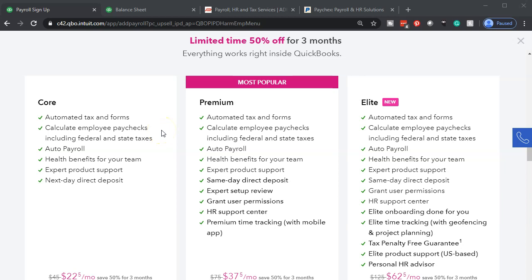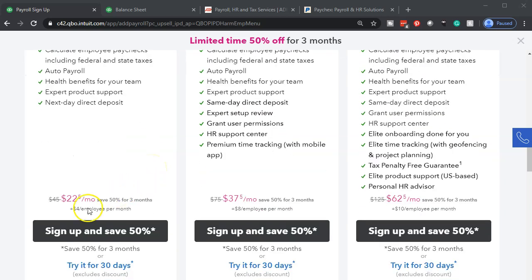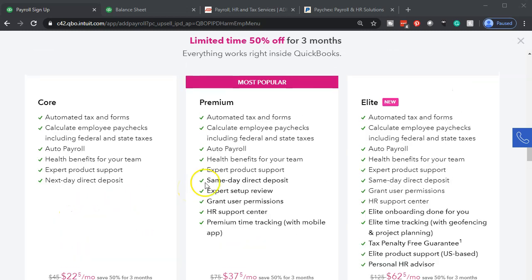Then calculated employee paychecks, including federal and state taxes. So it's going to help you with the data input on the payroll checks. And then we have the auto payroll, and then the health benefits for your team, expert product support, and next day direct deposit. And they're saying here from $45 to $22 a month. So you can check the pricing on it at the time that you take a look at it. This is what it is at this point in time. And then the Premium, the most popular: automated tax and forms, calculated employee paychecks, including federal and state taxes, auto payroll, health benefits, expert product support, and then same-day direct deposit, expert setup review,